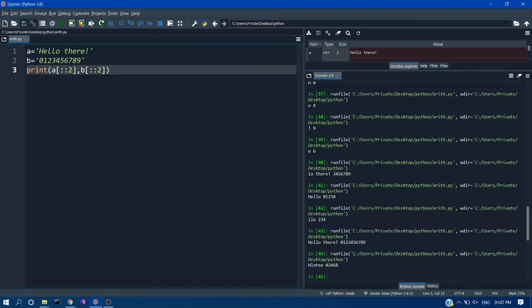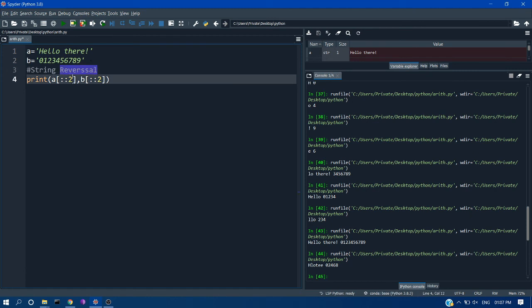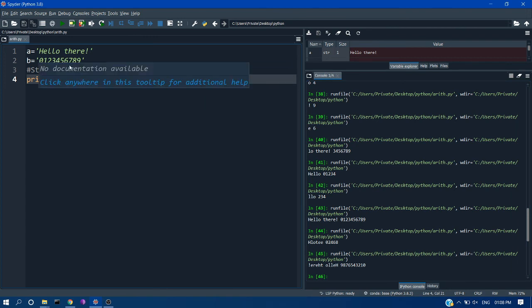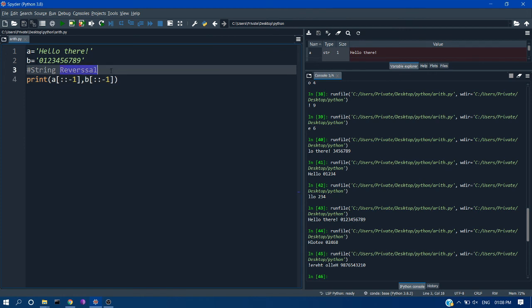You may wonder what is the purpose of this. There is one important concept called string reversal. This is simple. To reverse the string, you have to give the step size as -1. Now you can see your string is completely reversed, because it will start from the end and add -1, -1 plus -1, -2, -2 plus -1, -3. So it will follow reverse indexing and print in reverse. So this is one of the important concepts.